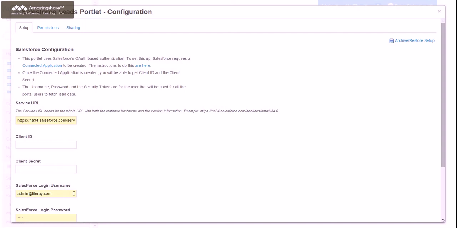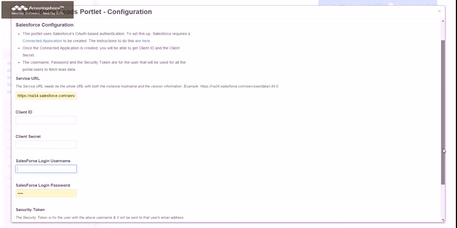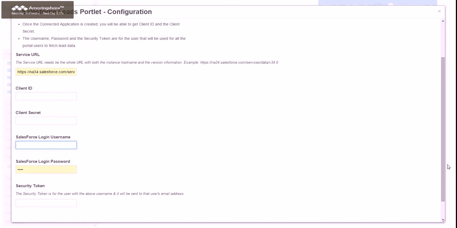Now there is a Salesforce login here, and the Salesforce login password and a security token. This username is the user as which the portlet connects to Salesforce. So basically, if I am Pawan on Salesforce, I'll go ahead and add my credentials here within the portlet, and the portlet connects to Salesforce as that user.